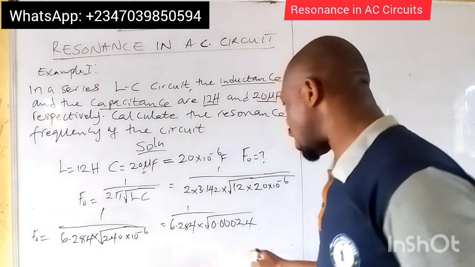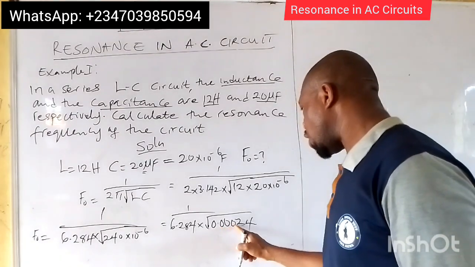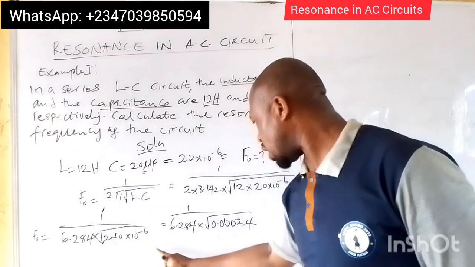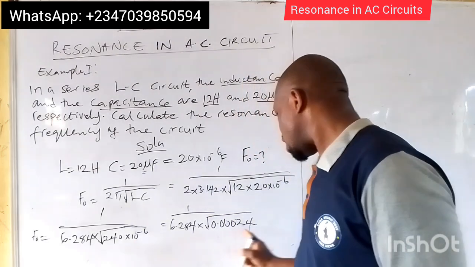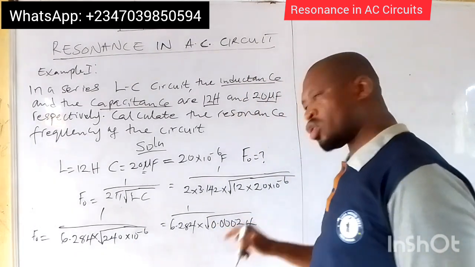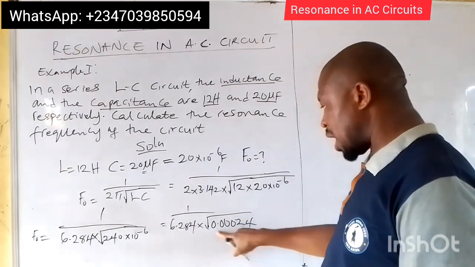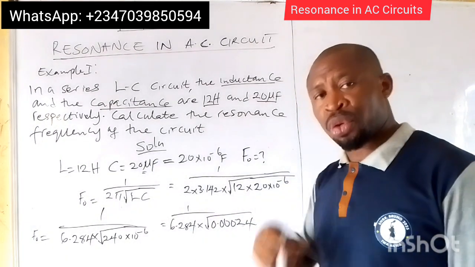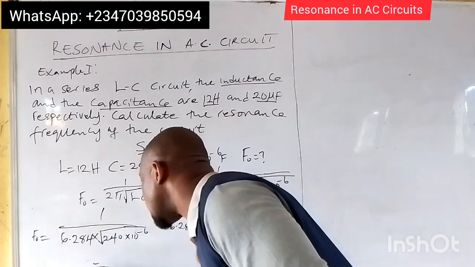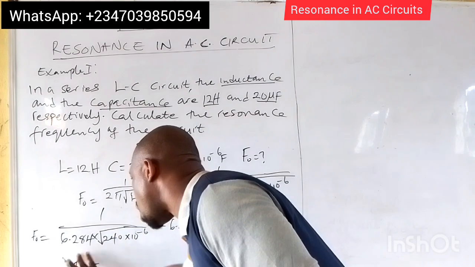And of course, we have it 1, 2, 3, 4, 5, then the next one is 6. It's better you put it in ordinary form to help you do your calculator. So which will now give us that F0 equals